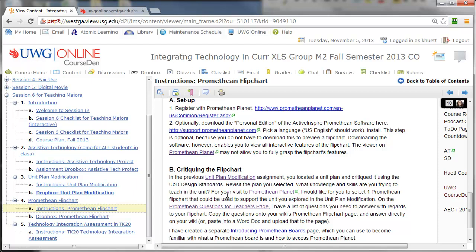It might be something you'd use with some changes. And you're not going to change a flip chart. All you're going to have to do is log into Promethean Planet, and that part's even hard for some people. Sometimes it's hard to get a login to that place for some reason. You're going to log in and browse through the flip chart resources that they have, and then select one that ties to your unit plan that you could possibly use as is, or use with changes. And the way a flip chart would work is you'd actually download it to your computer,